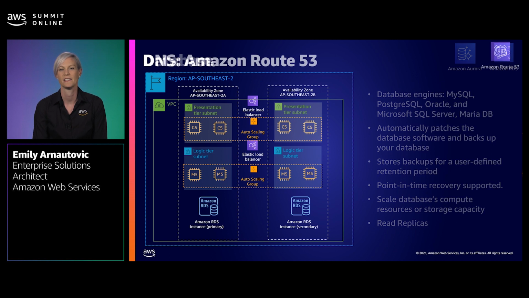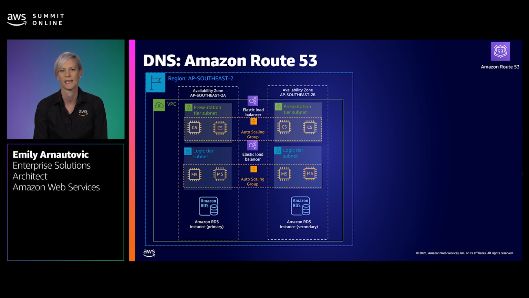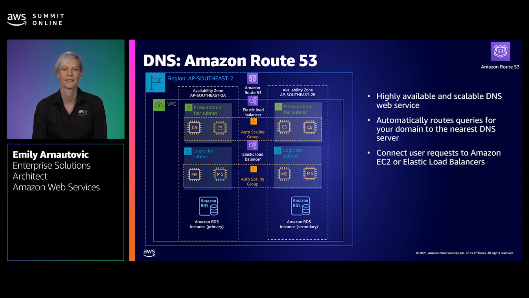Now, Nikki had mentioned that she needed a DNS service to connect the end users to this application. For many of you who have experience running DNS servers, configuring this service for high availability and then building in an ability to service users globally can be quite an effort. For Nikki and her team, managing DNS infrastructure is something that they would like to avoid. So Nikki can configure Amazon Route 53 to connect to the load balancer that serves traffic to those web instances. Route 53 is a highly available and scalable DNS web service, so the team will not need to manage DNS infrastructure, and they'll also be able to use it when they scale to a global user base.